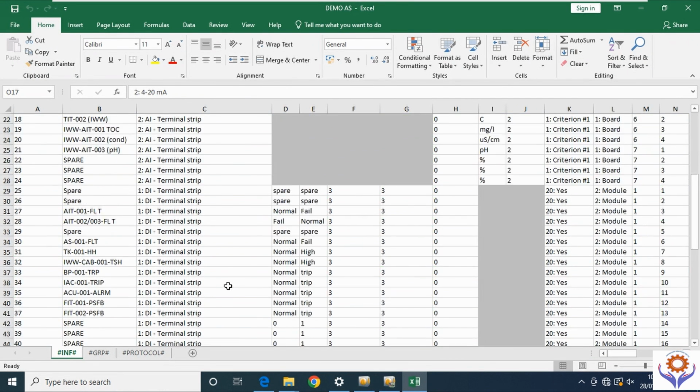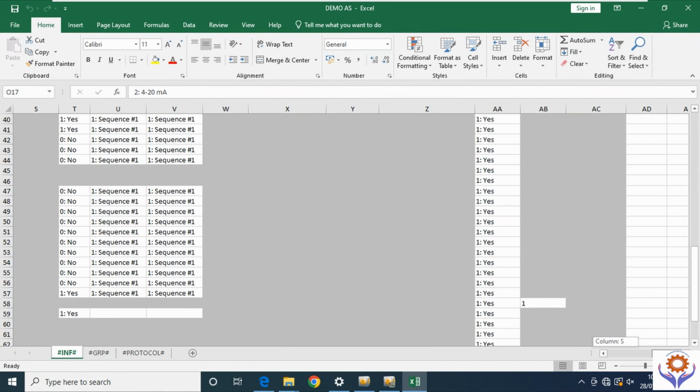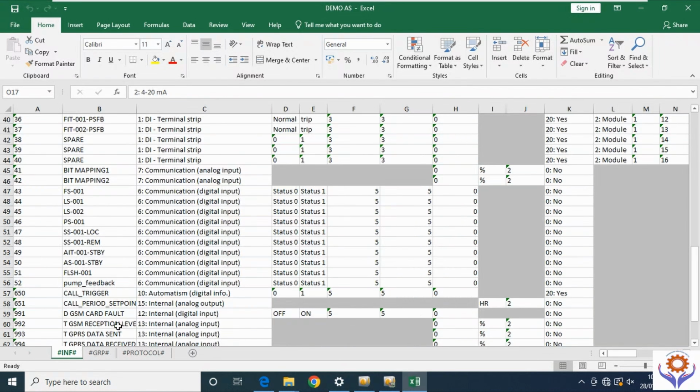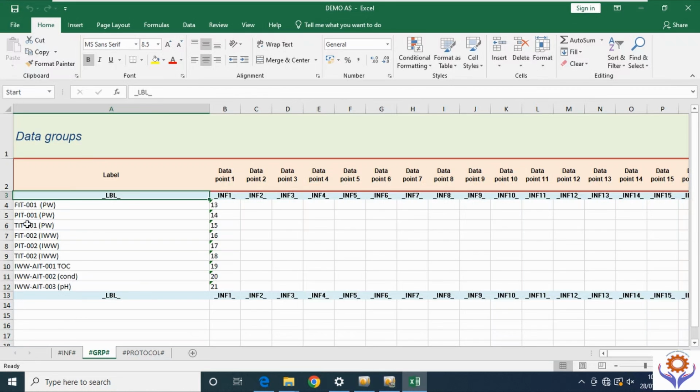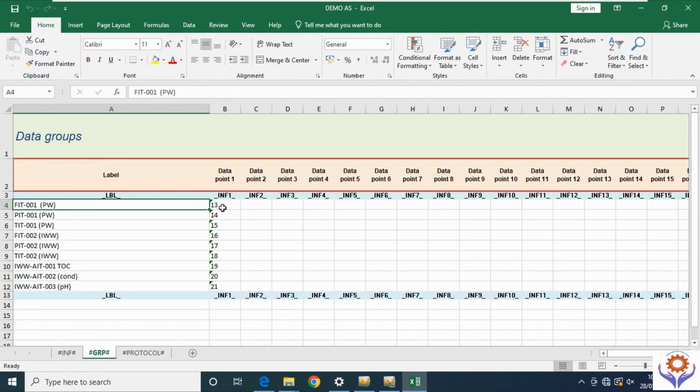And once you added all the DI, DO, AI, the communication bits, everything, and after that just give here. See, once you added, this one I added here for trend. Example, in the display I told you if you need to show some trends, you can add that same tag. Example, you have tags now here. You can copy the tag and paste here, put the number of data points 13, 14, it will be taken automatically. So after you finish this one,